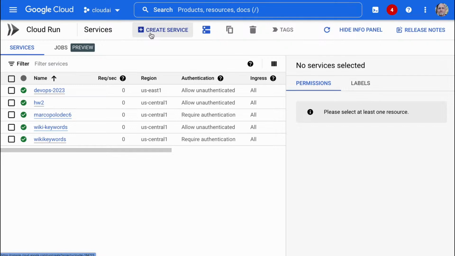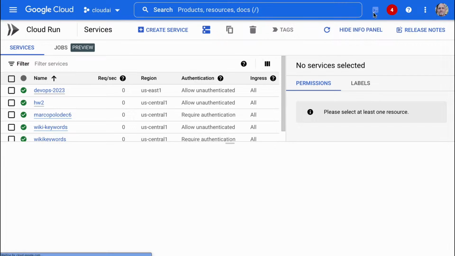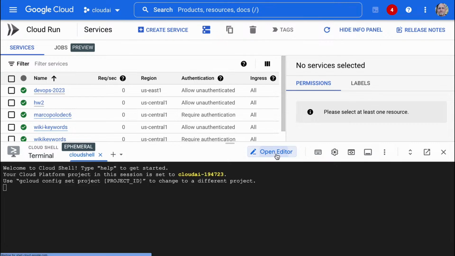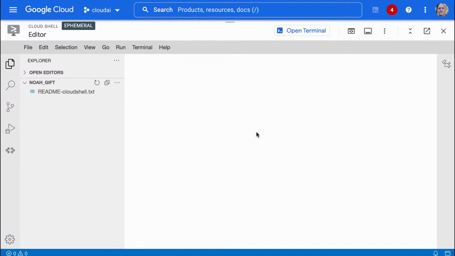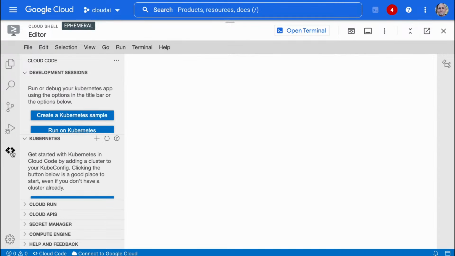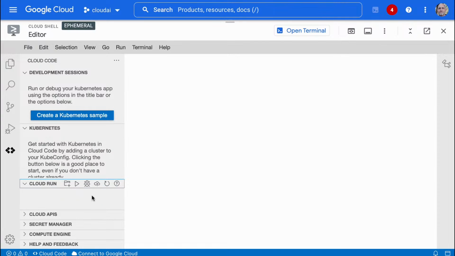One, I could just create a new service. A second one, which is kind of neater, is if I go to Cloud Shell. They've been working on this editor, where I could use their fancy interface that has a cloud native environment and also build out a containerized microservice. Let's see how that would work. If I click on this, notice it's got Cloud Run right here.